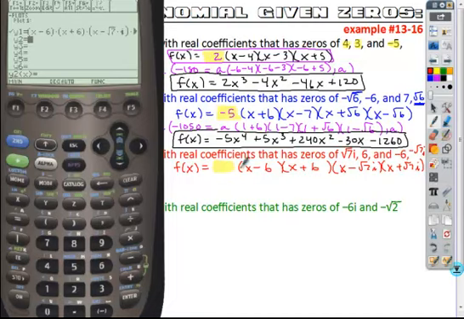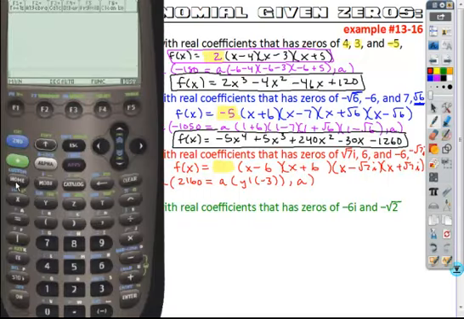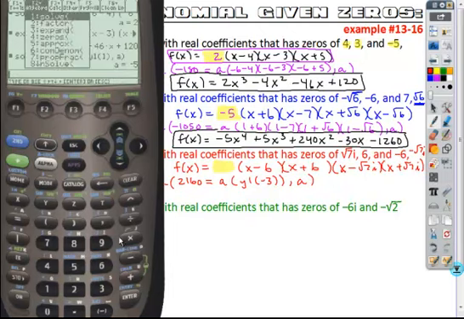So again, when I plug in what I know, I know that 2160 is equal to A times, and I'm going to use y1 of, and because I know what I want to plug in here, I'm going to enter that here. So y1 of negative 3, and I want to solve for A. And so if I use this set of commands, again, very efficient, I'll get my solution. So I go to my home screen, solve,